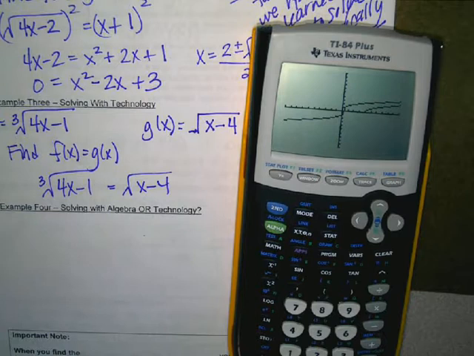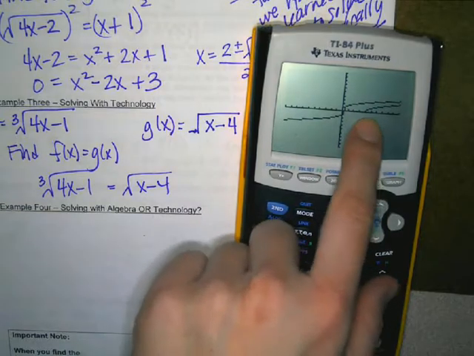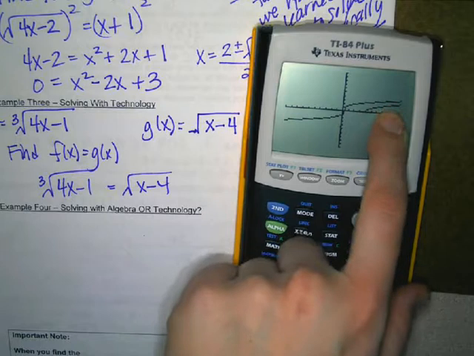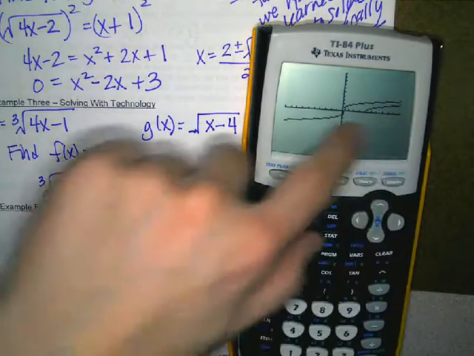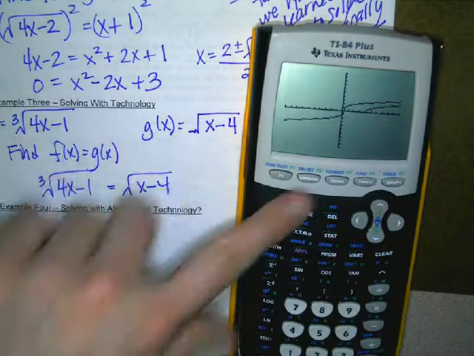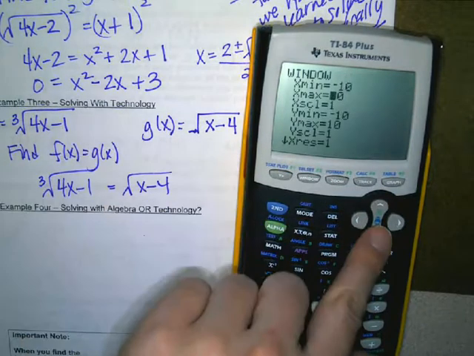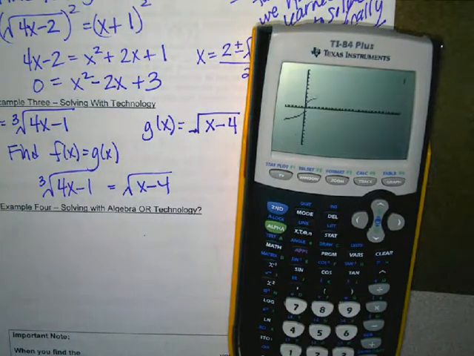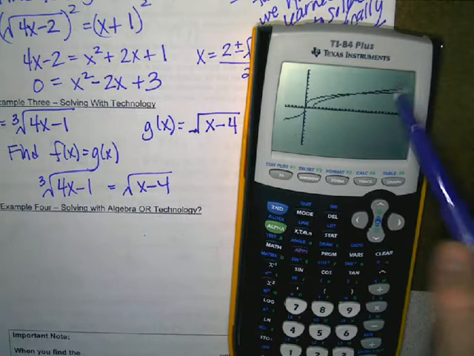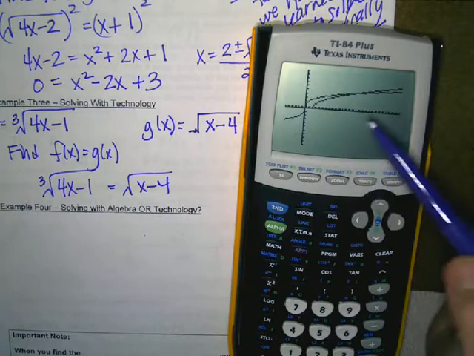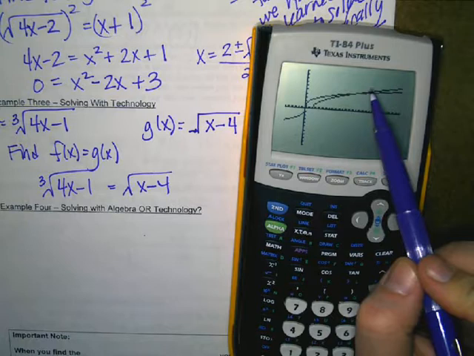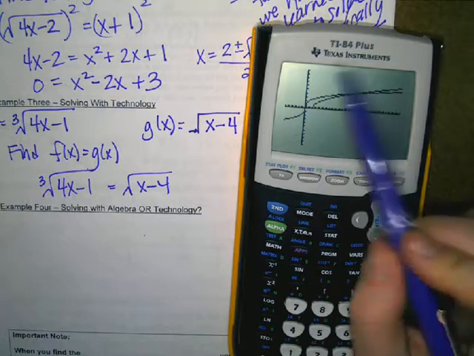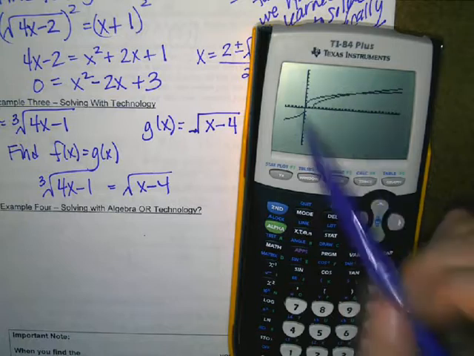Okay, so you can kind of see, hey, there's my square root, there's my cube root, but I can't see where they intersect, but I'm thinking they will intersect eventually if I stretch out this x-axis. So I'm going to go ahead and stretch out that x-axis by maybe going to 50 and seeing what happens. Okay, so there's that. Even though it's hard to tell, I don't want you to count tick marks here, you can see that they do cross. As long as you can see the place where they cross in your screen, then you're good to find it